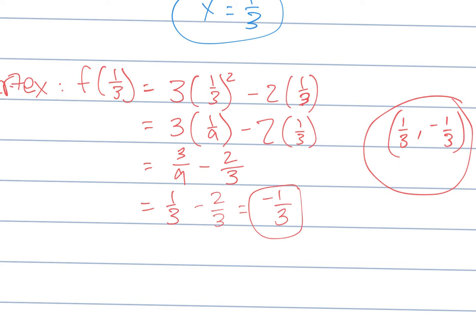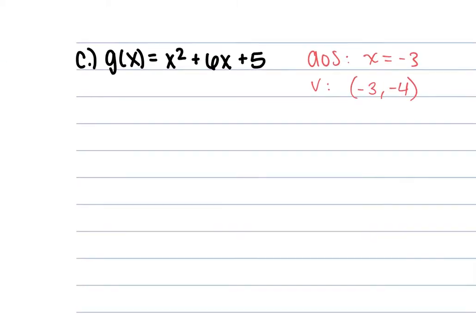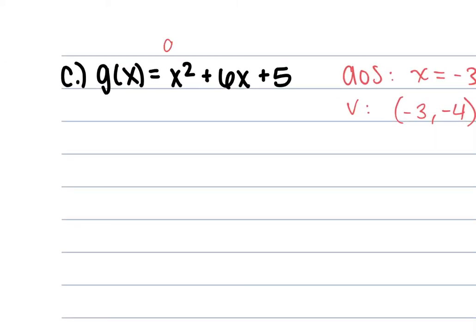Okay, do C on your own. Try it out. Use the previous 2 examples as a template of what to do, and then we'll go over it. Don't go to D unless I've checked that you got C right. So your A, B, and C: A is equal to 1. B is equal to 6. And then C is equal to